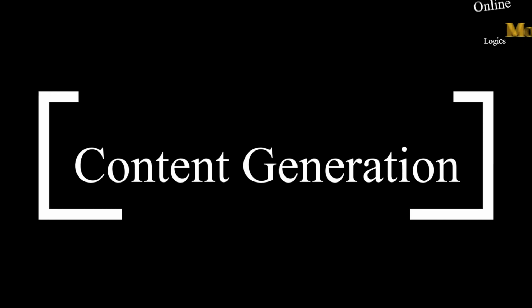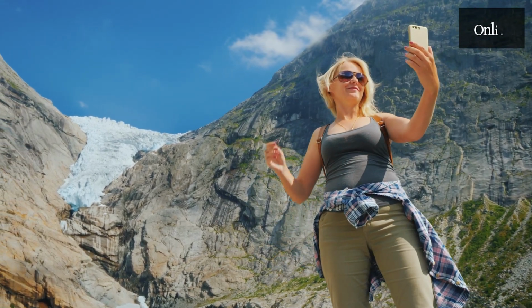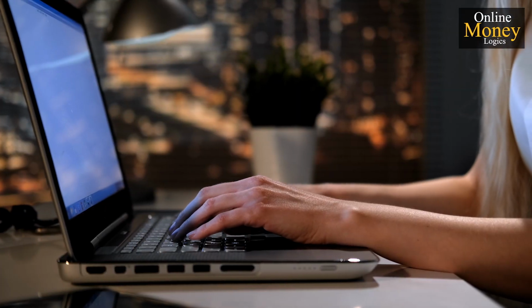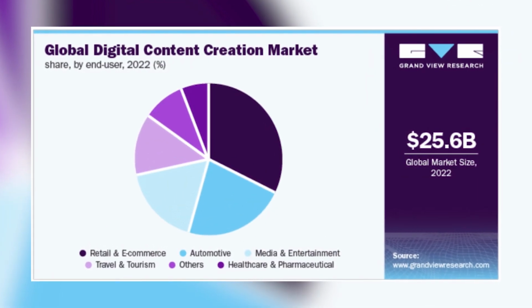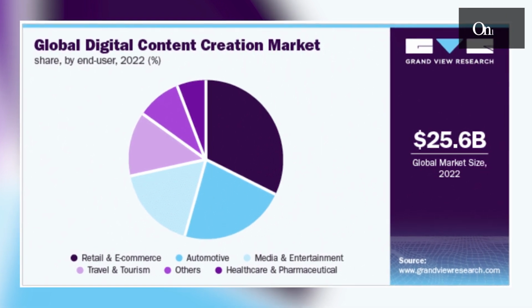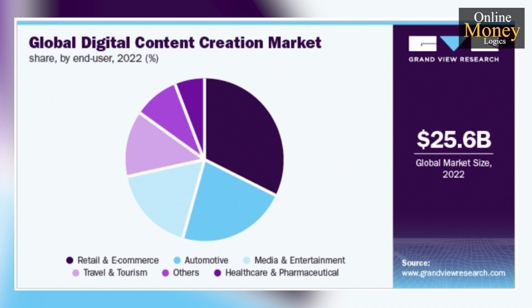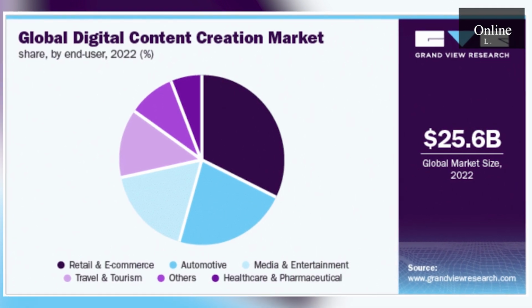First field for using AI is content creation. Social media and all the professional fields give a lot of opportunities for usage of content. So, with so much content creation, there is tough competition for generating quality content. Consumers have unlimited choices now, and it is a big challenge to give them quality content. According to Grand View Research, in 2022 the global digital content creation market was estimated to be $25.6 billion, and its annual growth rate for the next 7 years is expected to be 13.7%.